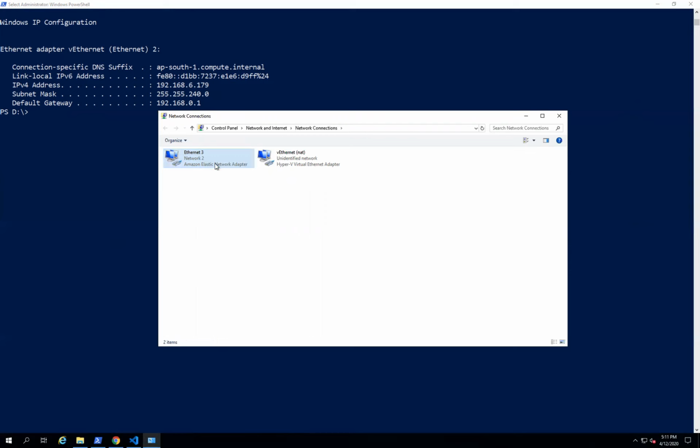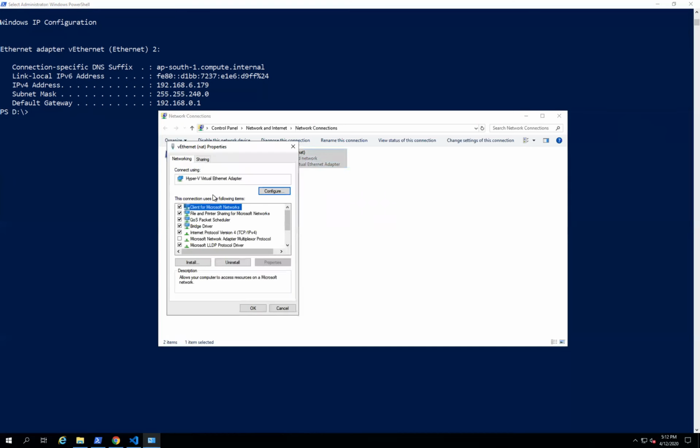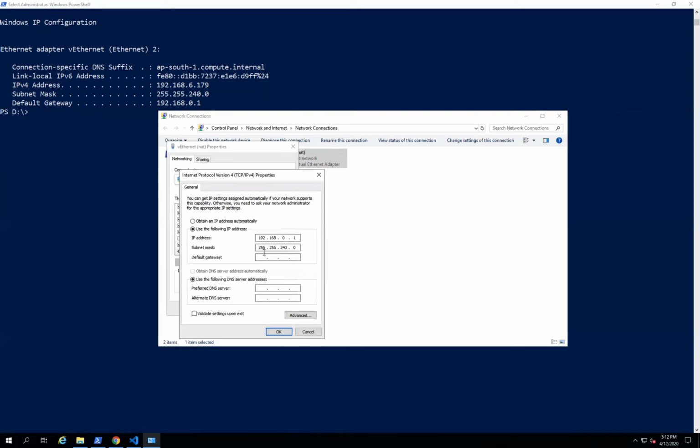But when it comes to the other one, vEthernet, it's a virtual Ethernet, the type is NAT, it's an unidentified network, and in the description you can see Hyper-V Virtual Ethernet Adapter. That means when you install Docker, this virtual network interface gets created for the Docker engine. Let's open its properties, go to IPv4 protocol and then to its properties. Here you can see